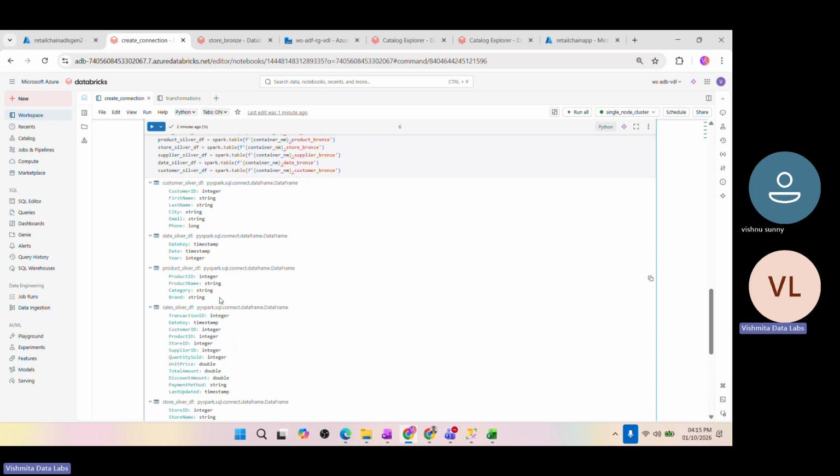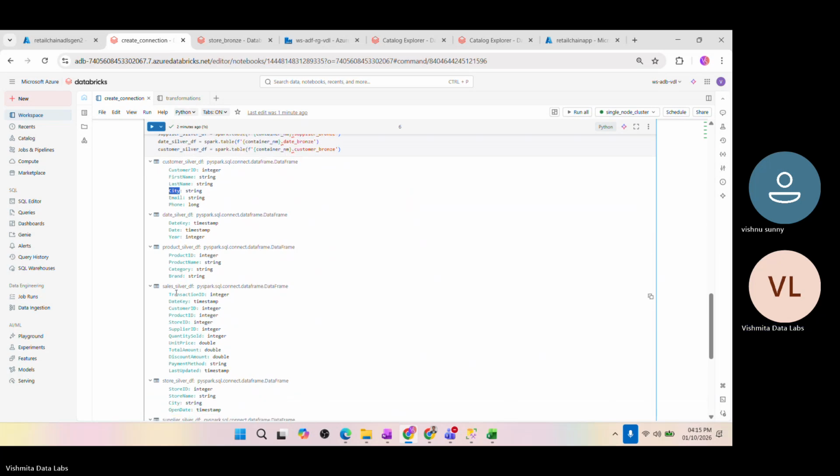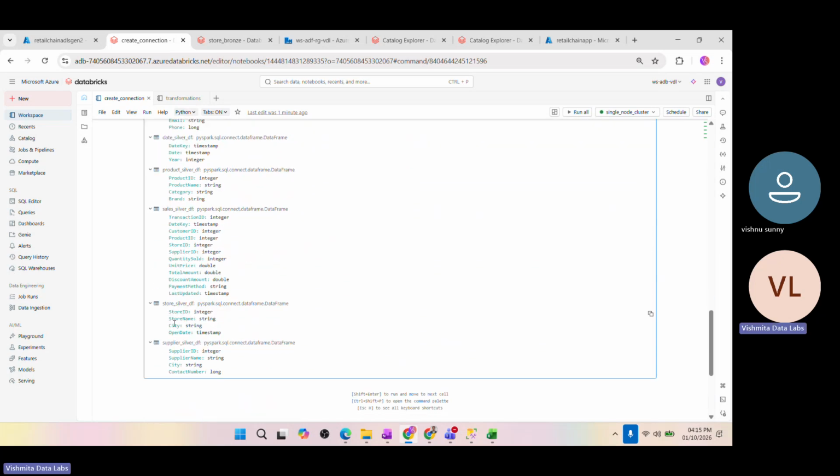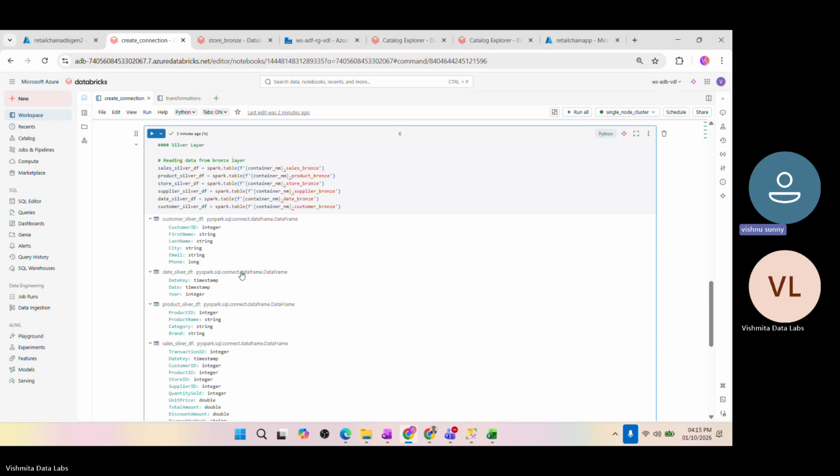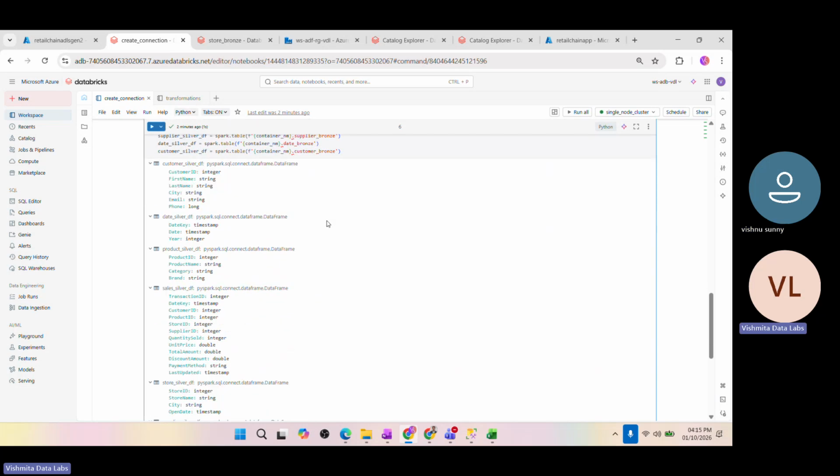If you observe, in the customer table we have this city column, and in the store table also we have a city column, and in the supplier table as well we have the city column. So we will rename these first before joining. Otherwise it will be ambiguous. We can't join it. It will throw an ambiguous error. So the first thing we can do,